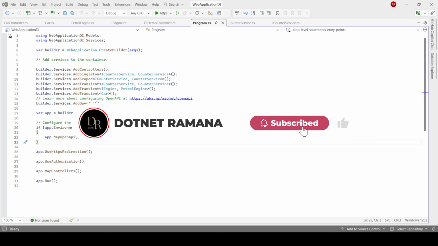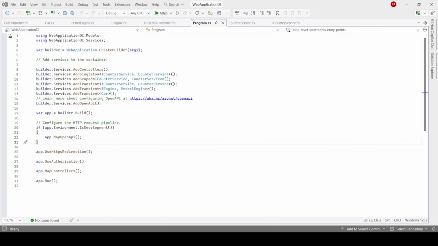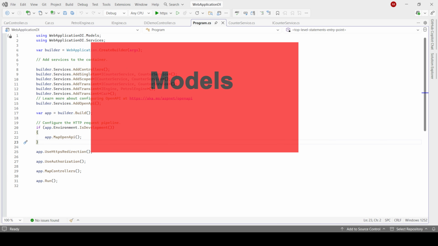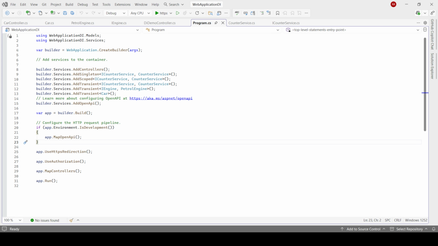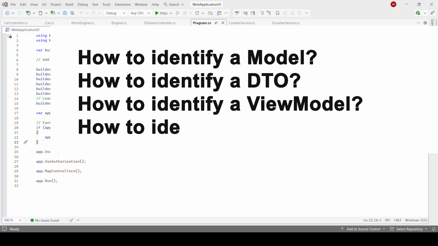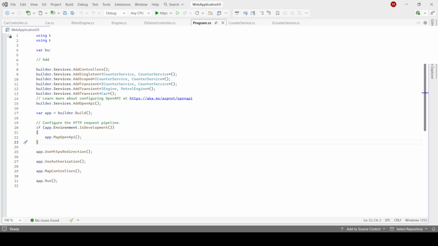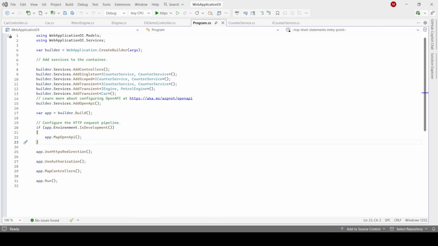Today you will learn the most confusing and most important part of ASP.NET Core development. That is models, DTOs, view models, and AutoMapper. By the end of this video, you will clearly understand how to identify a model, a DTO, a view model, and AutoMapper usage, and how we can create them based on our requirement very easily. I promise you, after this 15 minute video, you will become better than 80% of the developers